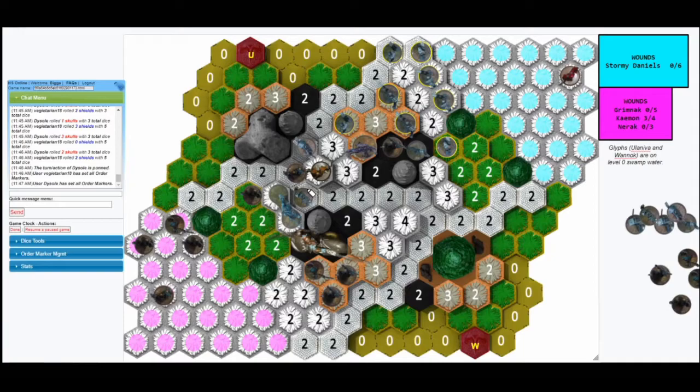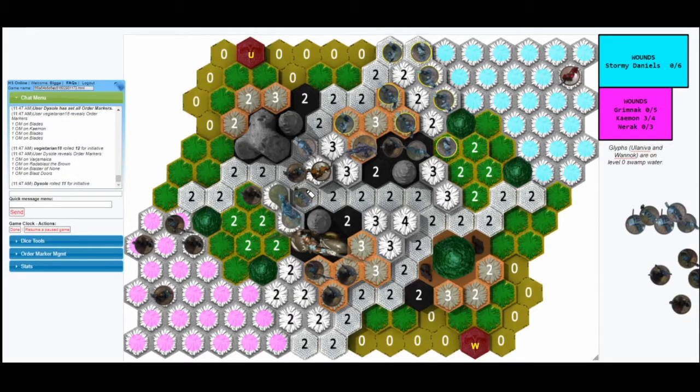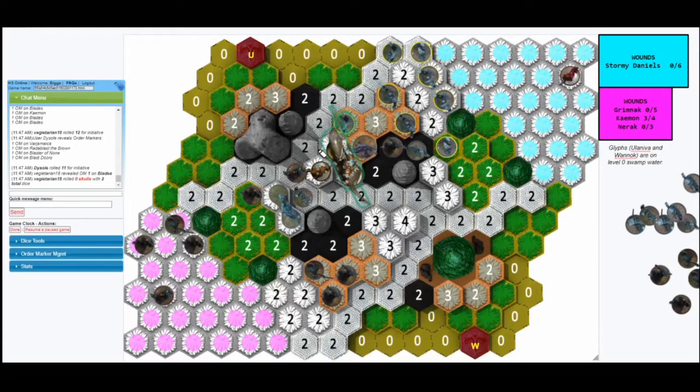So Veggie's got order marker 1, but with Kaimon locked down, you can't even escape. So I don't see a lot of value in putting an order marker on Kaimon. I would probably just go all blades all the time at this point, right? Right, that's what I'd imagine. Killing another Gladiatron and attack. Well, I was gonna say an attack of 2 is relevant against Blastatrons, which it generally is. This turn not so much.